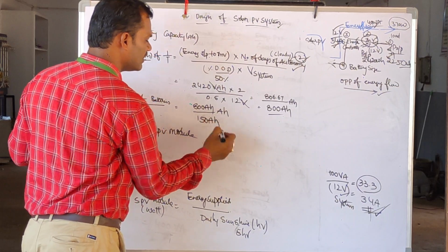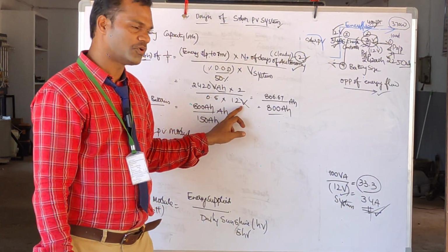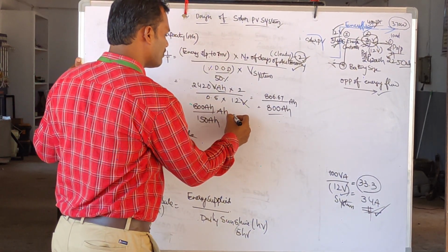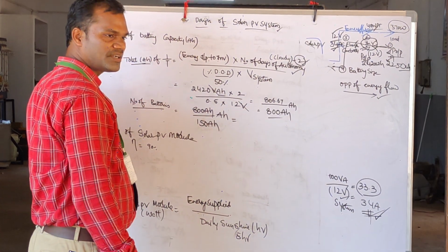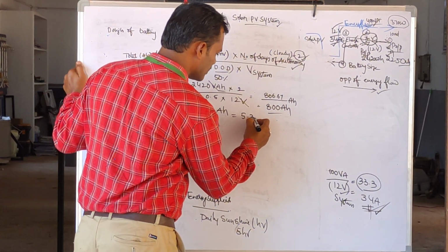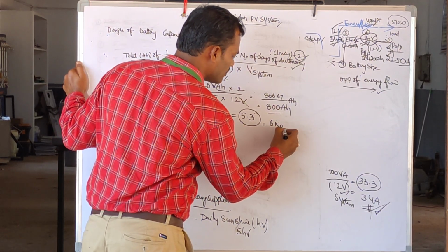I am taking a battery. Each battery I am buying in the market with a system voltage of how much? 12 volts and a capacity of 150 AH. Now 800 divided by 150 AH. How many batteries do you require? 5.33. So approximately I am rounding this to 6 batteries to be connected in